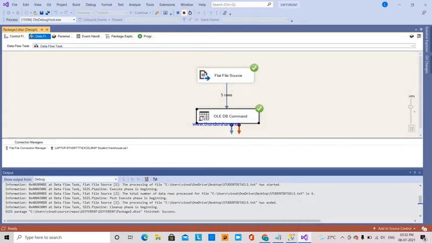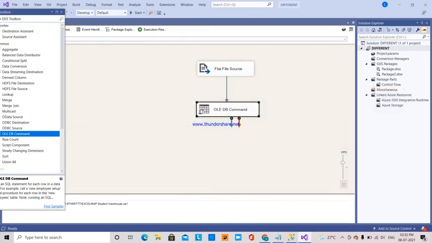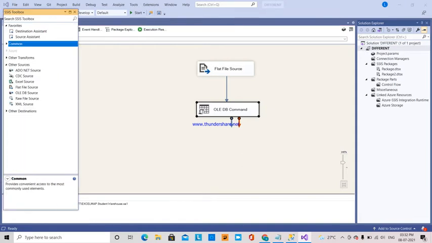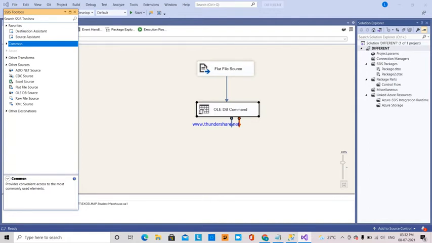Actually, we can also insert this flat file source to the destination by using our destination. Other destinations, like the OLEDB Destination, we can also use. In some situations, we have to use these OLEDB Command transformations, and in those places we'll use the insert, delete and update functions. So next, I'm going to explain how to update here.